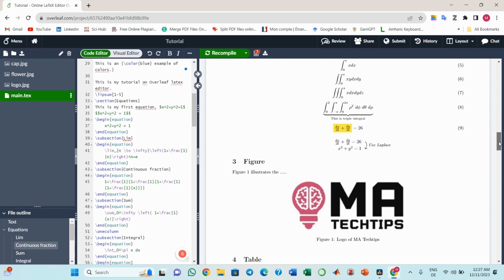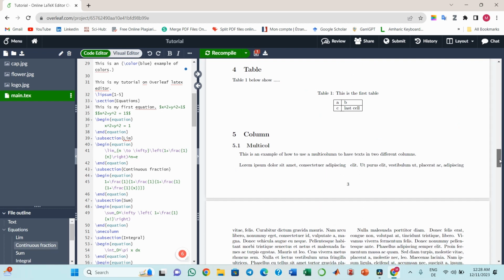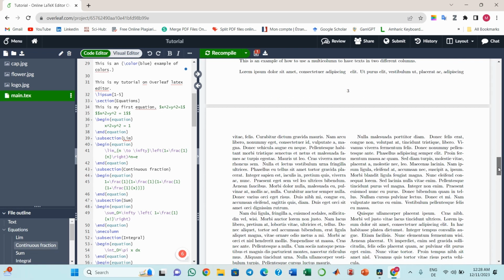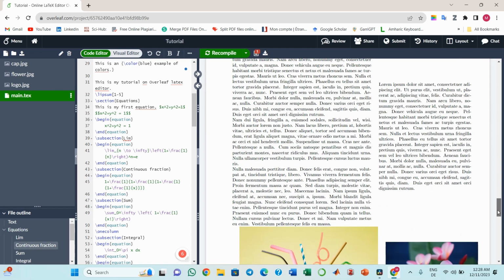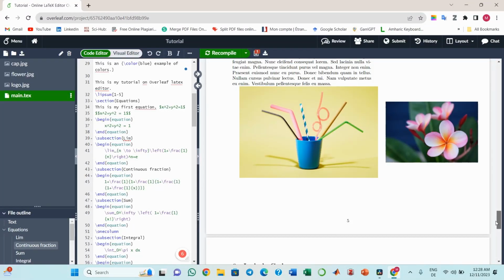the equations, how to give some annotations to explain part of the equation, how to use some arrows to give some mathematical steps, how to insert figures, how to give captions for the figures, how to label figures just for cross-referencing, how to insert tables, how to give captions for the tables, how to add columns for texts in different columns, and just how to insert different figures with different columns, how to change the size of figures,